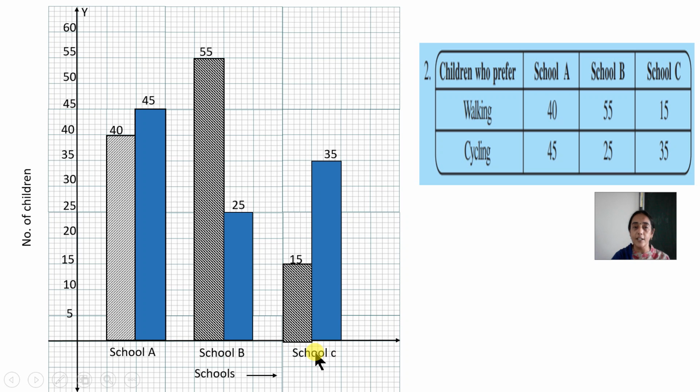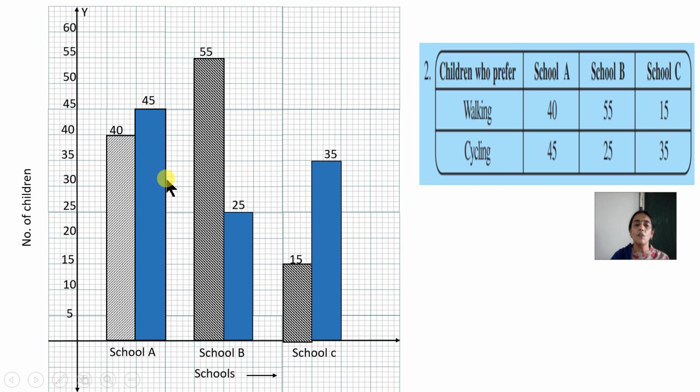Is it clear? Now, what all is missing? Did you find out what was missing? Yes. Here, X is missing. And here the scale is missing. Scale has not been written. See, if it is not written, there will be deduction in your marks. That means your marks will be cut. It should be written. So, there is a printing mistake here. So, here you have to write X. Here you have to write the scale.